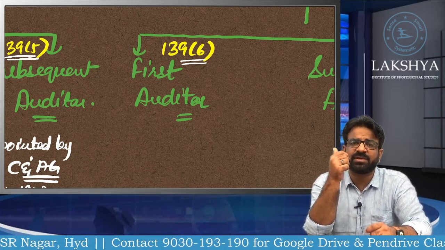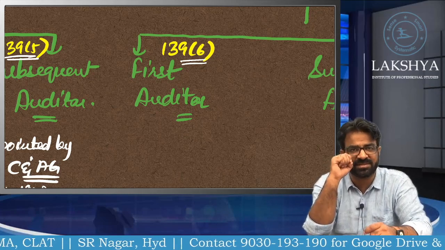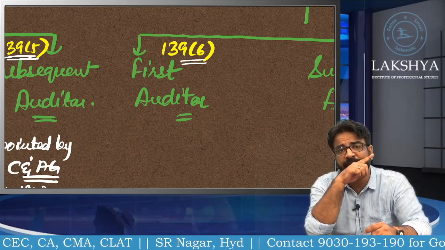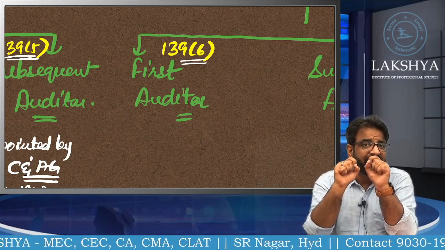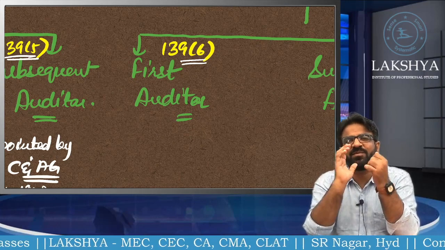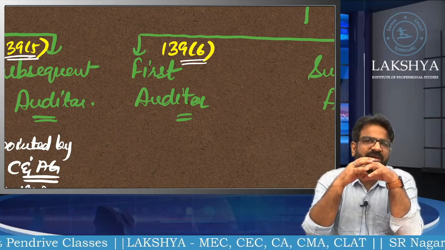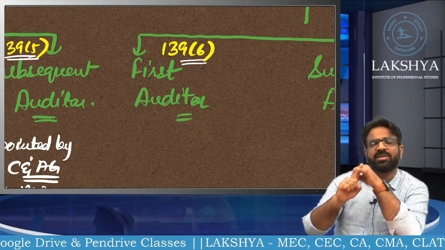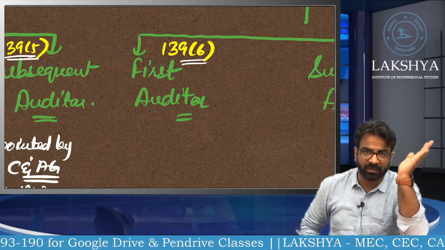Say for example, they are asking you the first auditor of a non-government company. Now see, what is the section? 139 subsection 6. But you quoted 139 subsection 7, which is for non-government or government company? Government company. So it means if you are quoting 139 subsection 7, you neither know section 139 subsection 7 nor section number 139 subsection 6, and the examiner will get irritated and will reduce your marks to the minimum level. Are you getting the point? If you are 100% sure, then only quote the section number, otherwise do not quote the section number. That is my opinion to you, right?